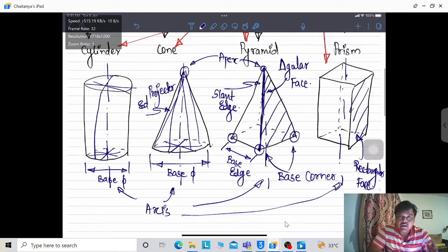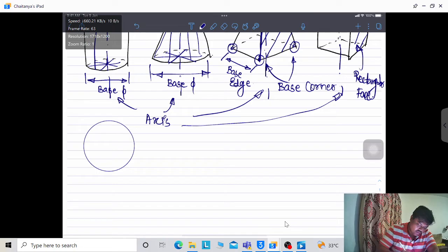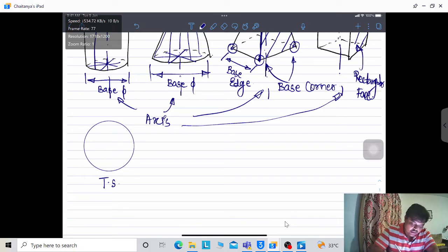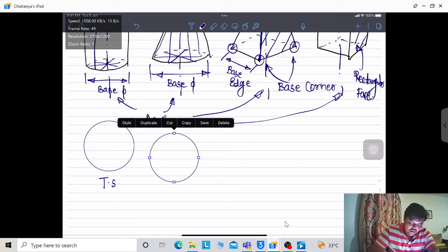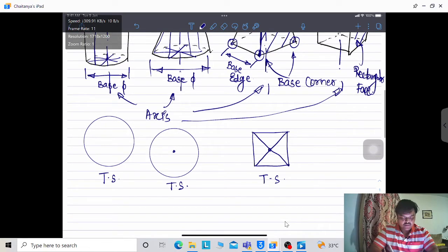Second, this is the true shape of a cone. See over here, ये true shape of a cone. Similarly, when you are concerned with a square pyramid, so this is the square pyramid, true shape. And when you are concerned with the true shape of a square prism, so this is the true shape of the square prism. Now true shape is important because when we are dealing with 6 marks,